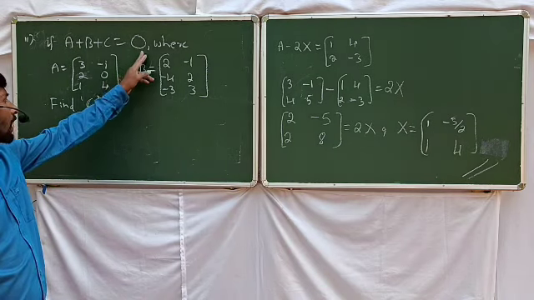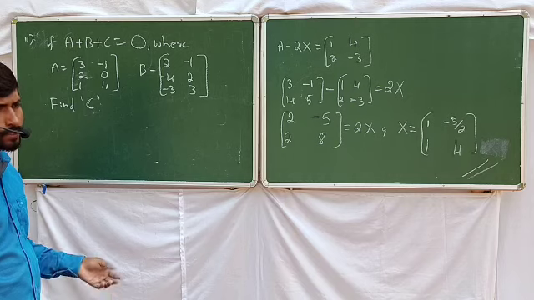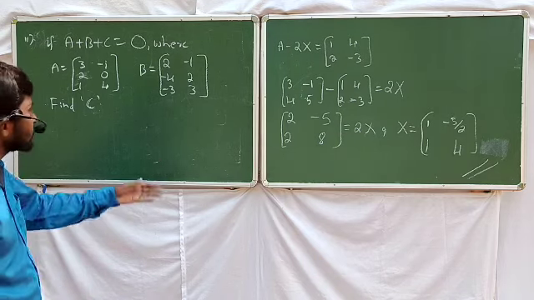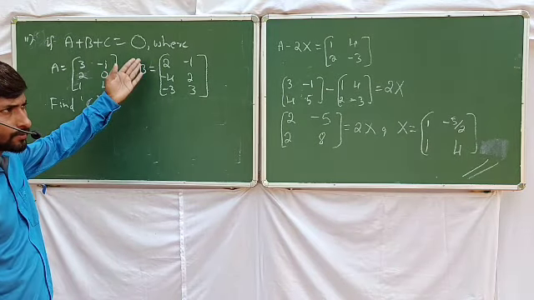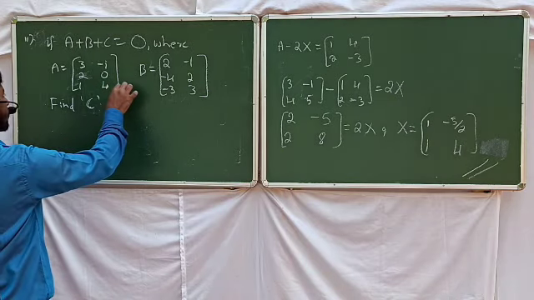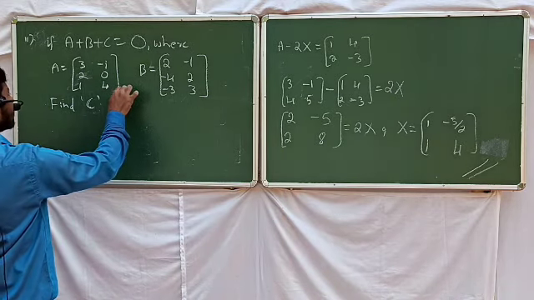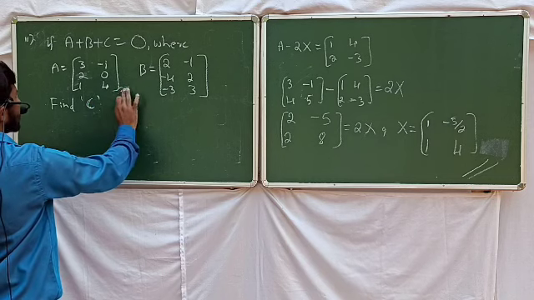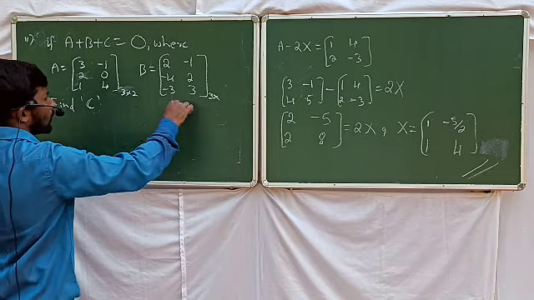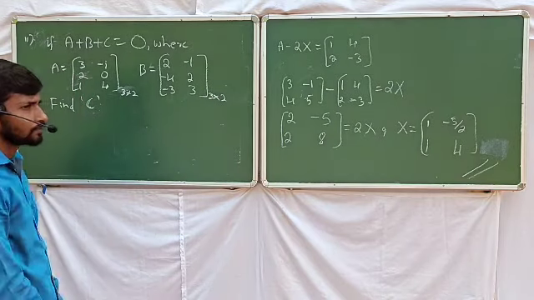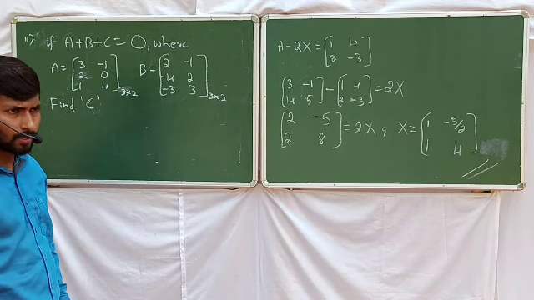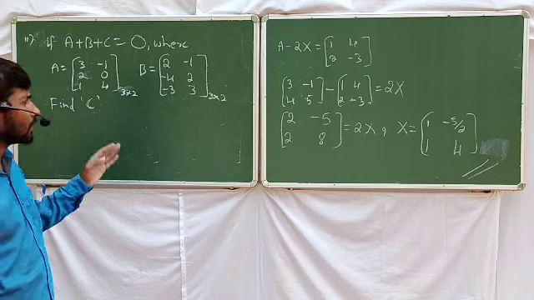Now see, null matrix is given. This is a null matrix of order 3 or order 2 or order 4. Here which null matrix you need to consider? Just check the order of A and B. Order of A is equal to 3 by 2. Here also order of this matrix is equal to 3 by 2. Therefore 0 is not a real number 0. It's a null matrix of order 3 by 2. But here you can simplify it directly.